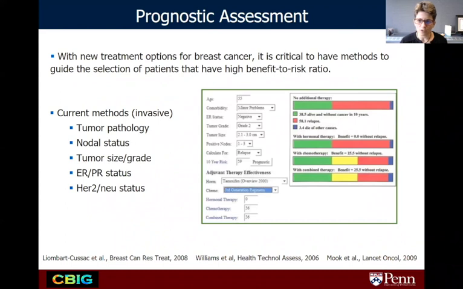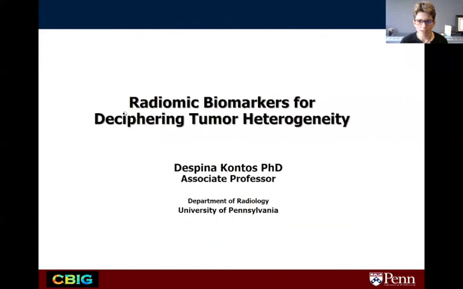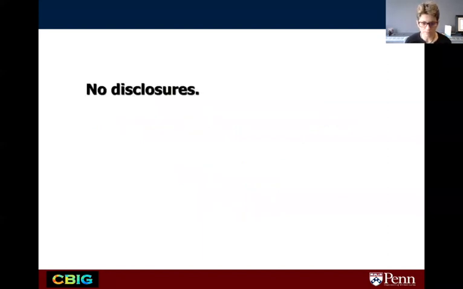So my talk today will focus mostly on the use of radiomics in cancer imaging, and I will specifically focus on the use of radiomics to characterize tumor heterogeneity, and why that is important in oncologic imaging, specifically in the context of prognostic and predictive biomarkers. I will focus the overview on some of our studies related to breast cancer imaging, but the paradigm could conceptually be expanded to other cancers as well. I have no relevant disclosures.